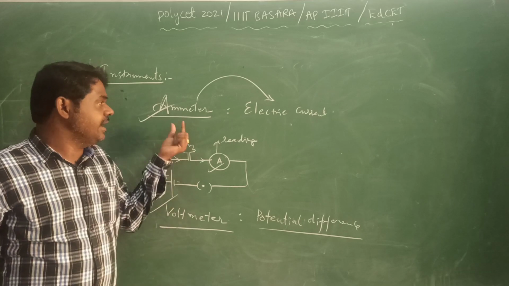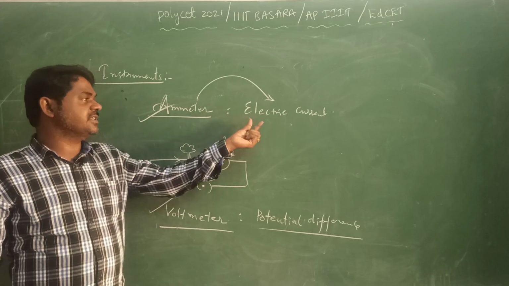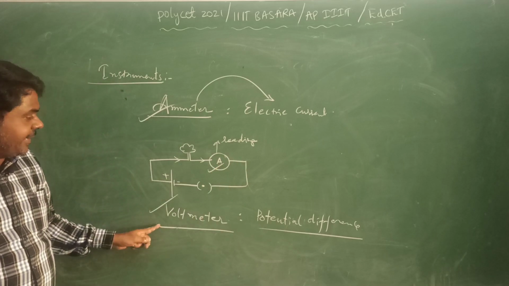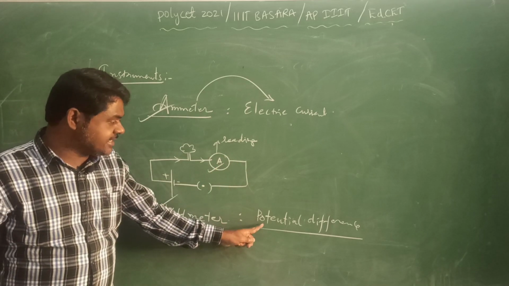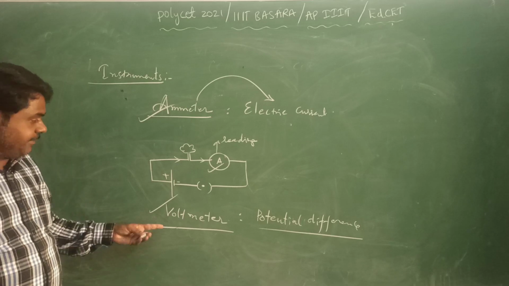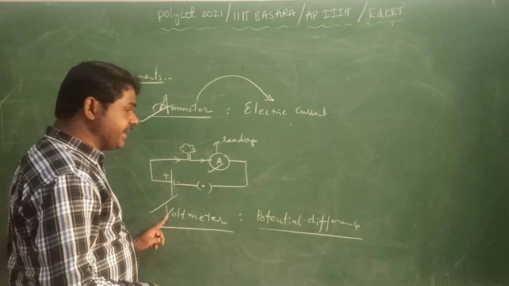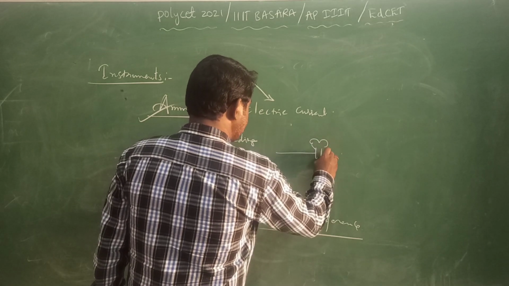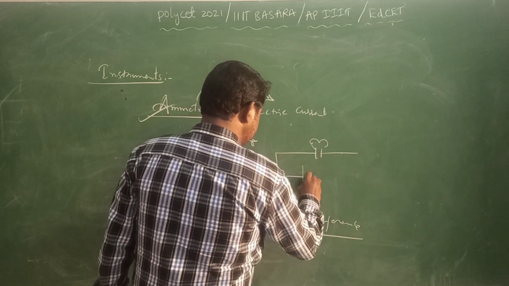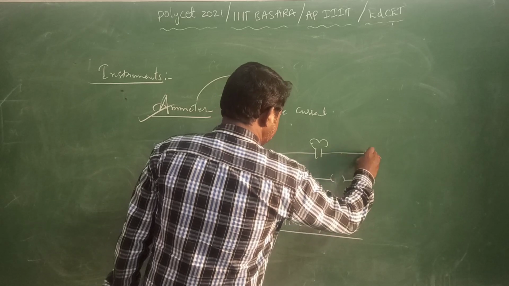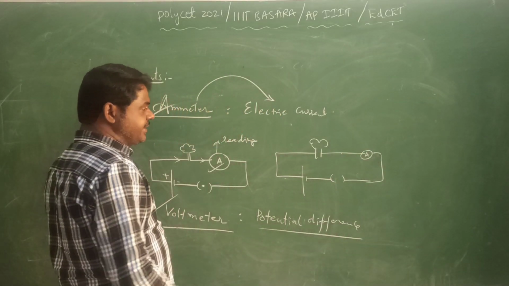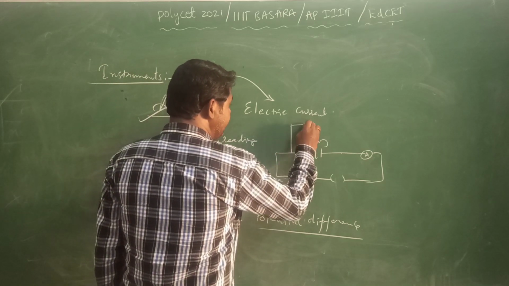Note this down. The ammeter is used to measure the electric current and it should be connected in series, and the voltmeter is going to measure potential difference across the conductor, and the important thing is the voltmeter should be connected in parallel. Say if this is the bulb and battery, this is the ammeter, and where we have to connect the voltmeter, the voltmeter should be connected in parallel.